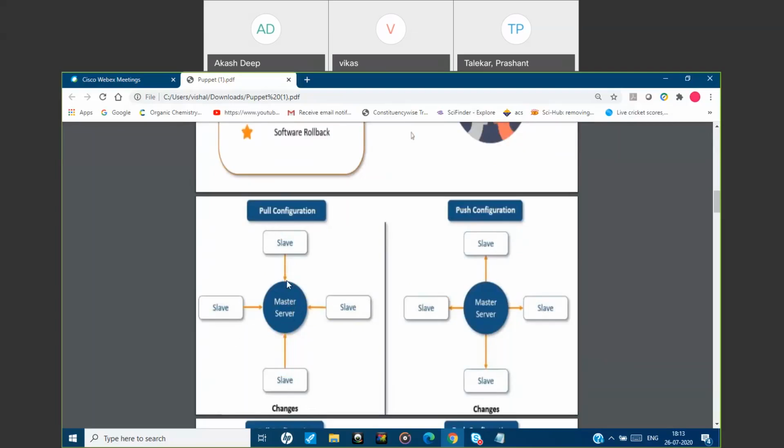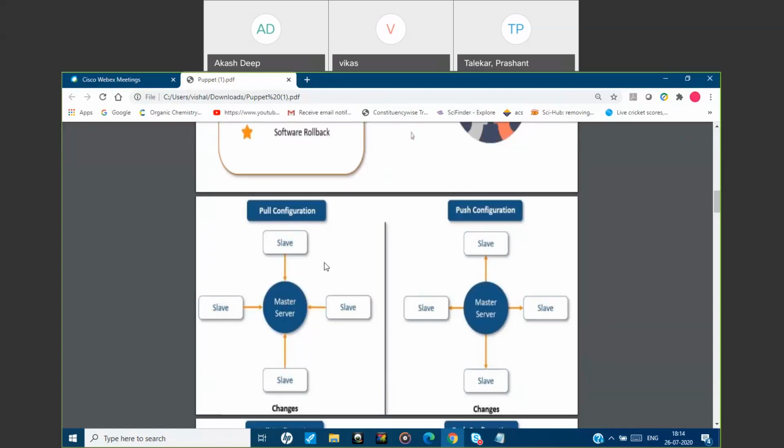So basically you will be having a master and you will be having an agent. You will be configuring the master into the master server, and you will be configuring the agent into all the slave servers.